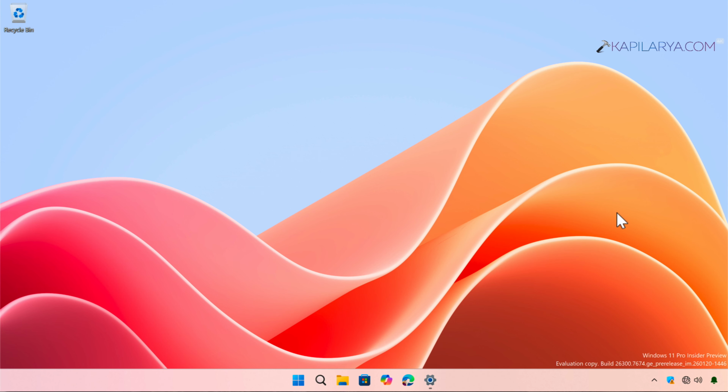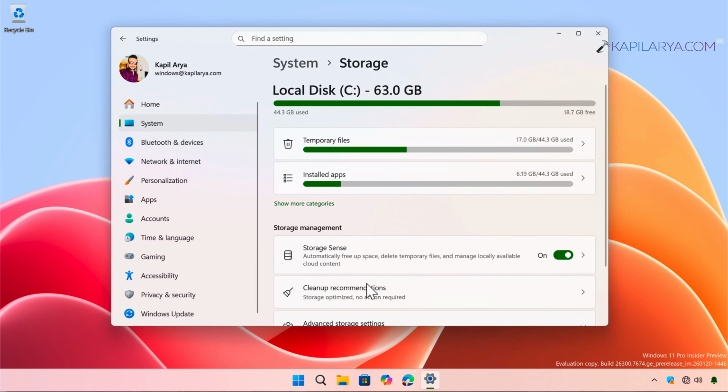Now I am on a Windows 11 system and I have used the previous guide to remove the temporary files from the storage, but the temporary files won't remove. I have opened the settings app and then I go to system, then storage, and here you can see that I have temporary files which is taking around 17 GB of the disk space. The total disk space is 63 GB and temporary files taking a lot of disk space, that is accounting around